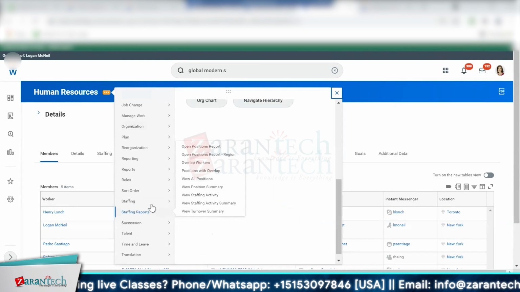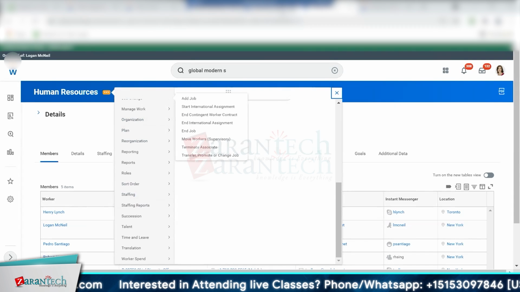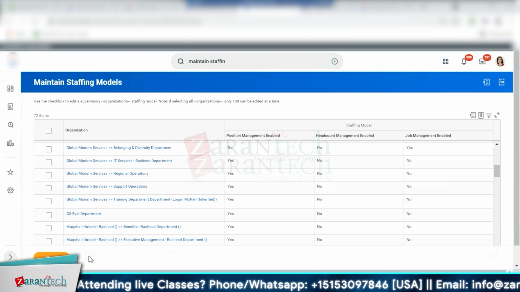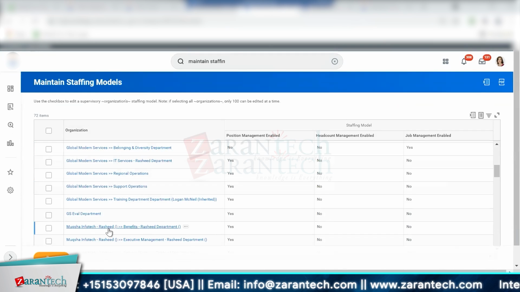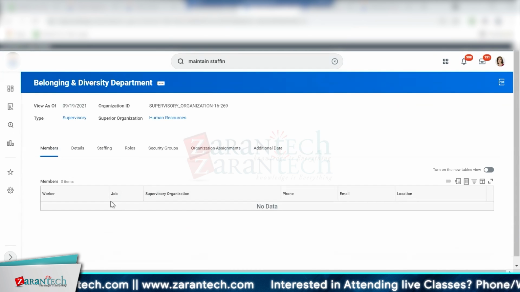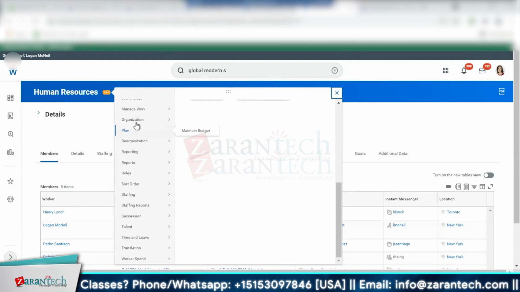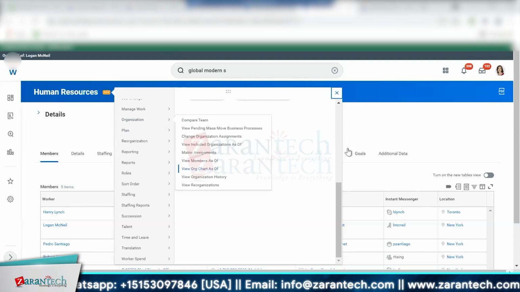Let's go down to organization and see, it's not even edit staffing model. You can't even do it. So it's not showing up here, and you'll just have to take my word for it because I think other people have created their own, and they shouldn't have workers in there. So that's why I was able to change it. But over here, this one has workers in it, so I can't even change the staffing model because